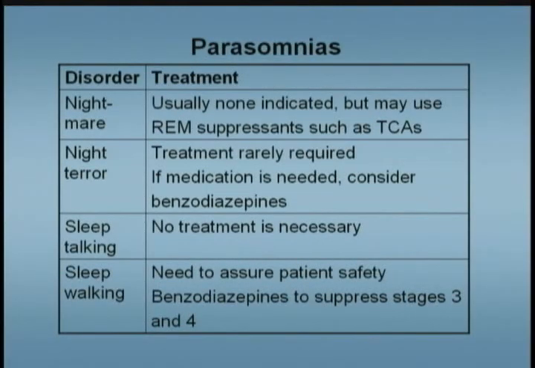And the treatment for these disorders: for nightmares, if you remember, nightmares occurred in REM, and tricyclics usually suppress REM, so tricyclics are the treatment of choice for nightmares. For night terrors, because they occur in stages 3 and 4, if you recall, benzodiazepines suppress stage 4. So the treatment of choice for night terrors would usually be benzodiazepine. There's no treatment for sleep talking or somniloquy, but sleepwalking or somnambulism, because it is occurring in stages 3 and 4, you know that benzos may suppress it, so usually benzodiazepines are given to these patients in order to suppress some of their sleepwalking episodes.